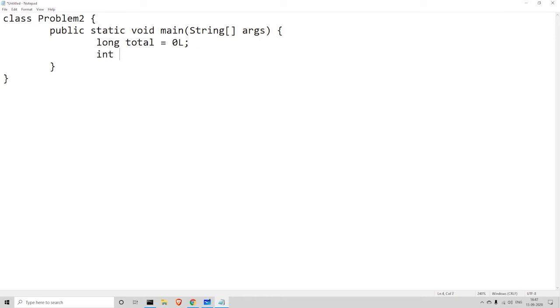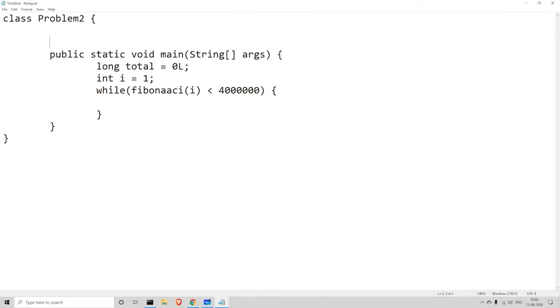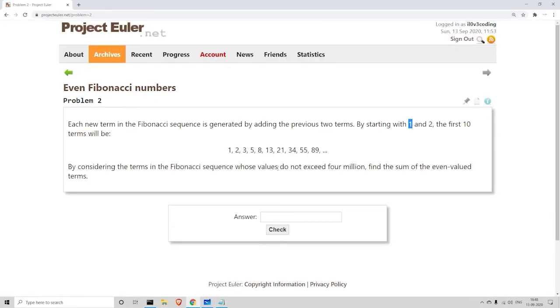Now I give int i to be 1. Why I'm giving i to be 1 is because that's the first Fibonacci term. So what is this Fibonacci exactly? It's a function that I'll be defining here, which, given an integer, will return the Fibonacci sequence value. For example, if you give it 1, it will return 1.